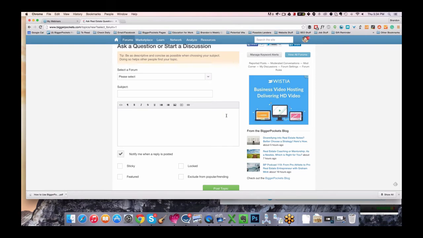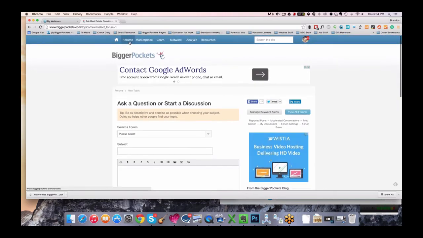The forums are there to help you and to help people find it. Certain people are subscribed to a certain forum. If I want to know all about one forum, I can subscribe to an entire forum, and then I only know about topics that come up there. So if you have a question about a tenant, put it in the landlord forum, because then everybody who's subscribed to the landlord forum is going to see it. And that's where it's really powerful.